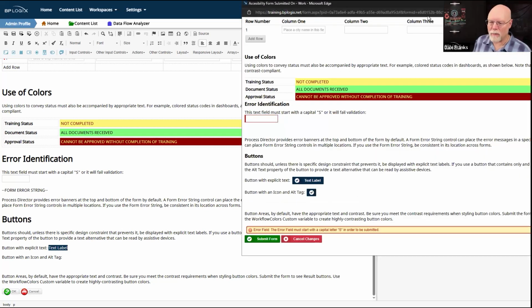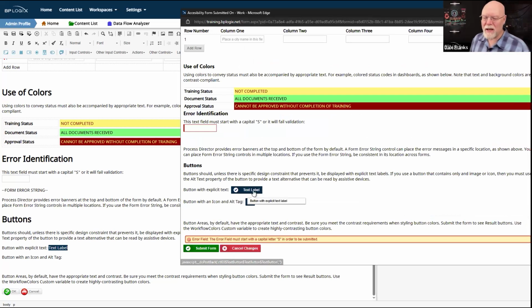So let's look at the actual form here. This is the preferred way of dropping a button control on a form. Please note the tooltip control that pops up here and that pops up here. If possible, you want to have explicit text on your button. You do not just want it to be an icon the way that this button is here. However, that's one of those where possible. That's one of those should guidelines, not one of those must guidelines.